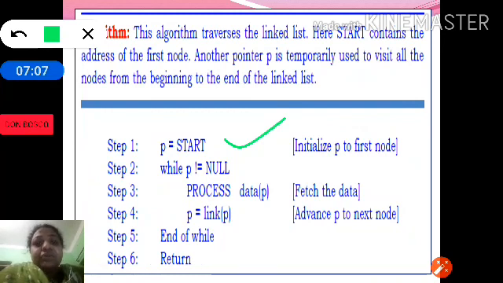So as we have to visit all the nodes, we start with the first node. So P is equal to start. Then we repeat the process until we reach the last node. So we are checking while P not equal to null.